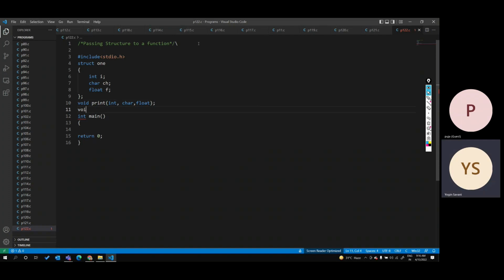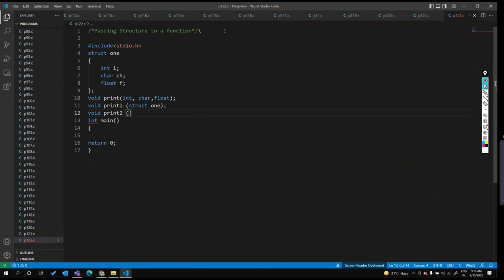Then void print1, where I will pass structure1, and void print2, where I will pass the address and collect it with a structure1 pointer. So in the main, I will take structure1 O1 equal to 10, 'a' and 22.5, and then